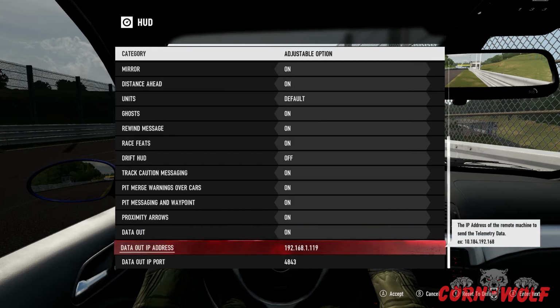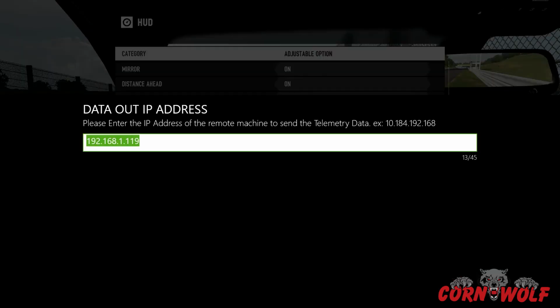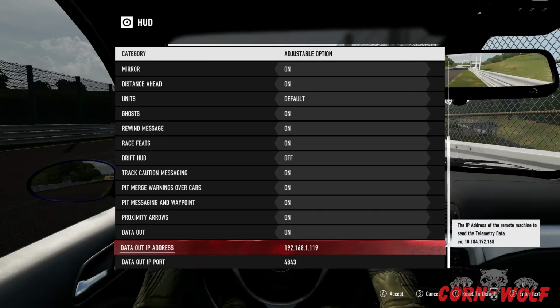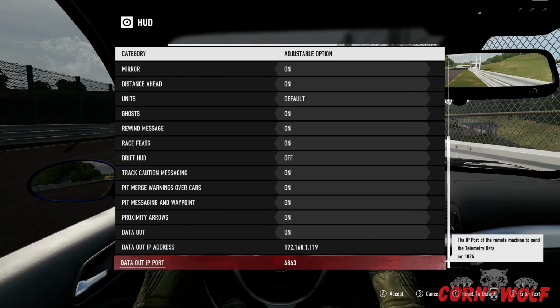And the IP address that you've just got from your phone, which is the IP address of your phone, you need to type in here. So press X, don't press A. I always press A and just end up accepting it. So you press X, type in your IP address, and then you also put the port in. Now you can change the port if you want, but this is the one that works for me, and this is just the default. So once you've put that in, press accept,